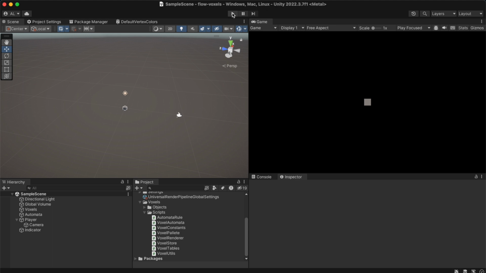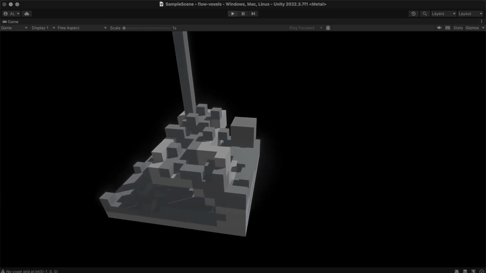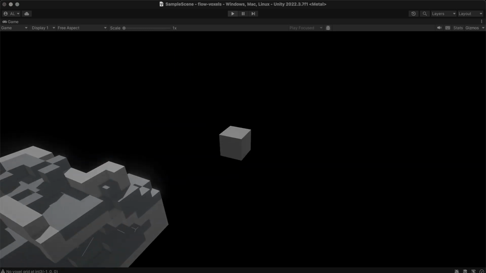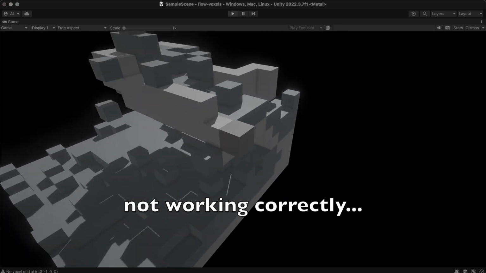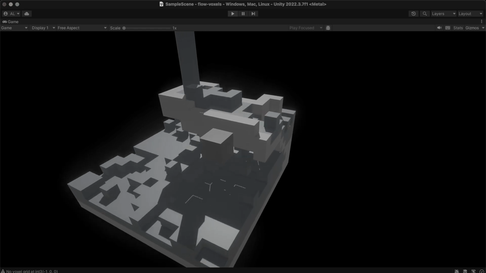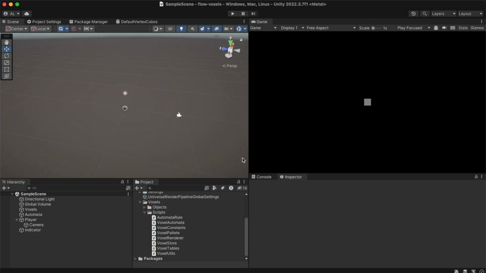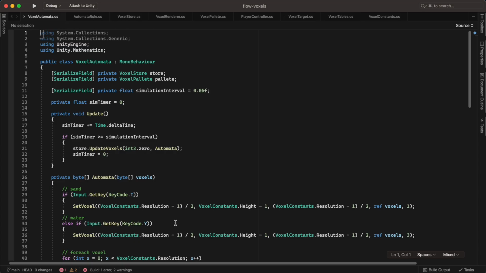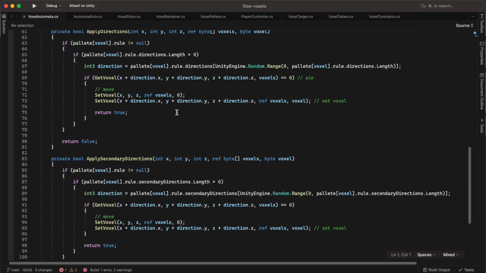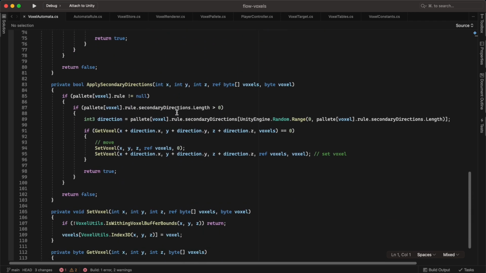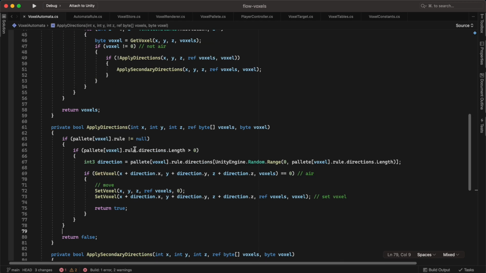All right, so before we get to making a fancy waterfall, like I did earlier, I realized you may have noticed that the water wasn't flowing down the canal I made. It was like flooding out. And I really did not like that. And then I realized it's because I actually made a mistake in our Voxel Automata script. So let's go ahead and fix that now. And once we fix this, our water should flow a lot faster and a lot better and not overflood in certain areas. All right, so here,